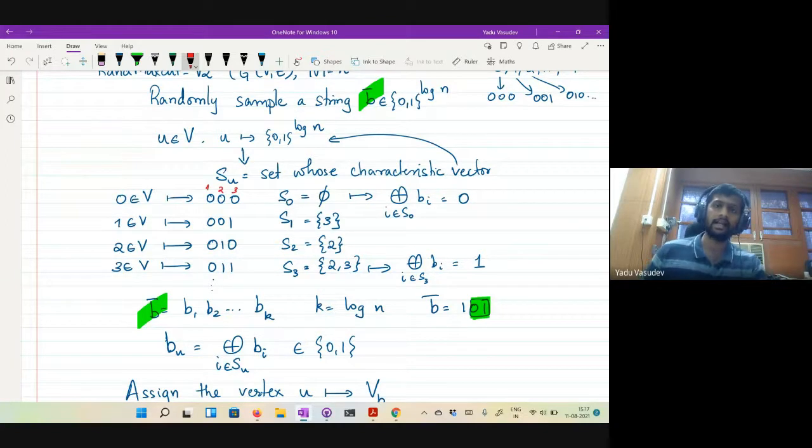In the earlier algorithm, you are actually choosing a string of length n, because you are independently assigning every vertex to a part. Here you are not going to do that. You saved on the randomness because we didn't go for full independence, but rather pairwise independence. All this is what we will do tomorrow. We'll finish this analysis and see how this deterministically gives us a cut of size m over 2.